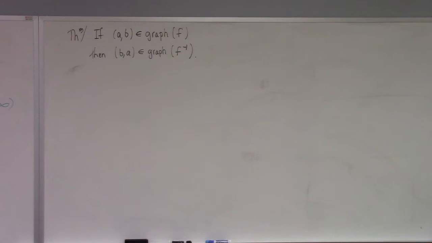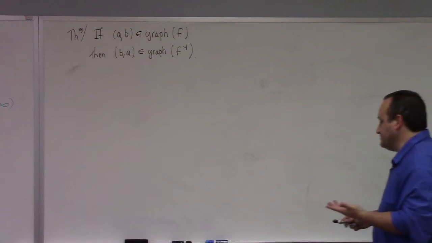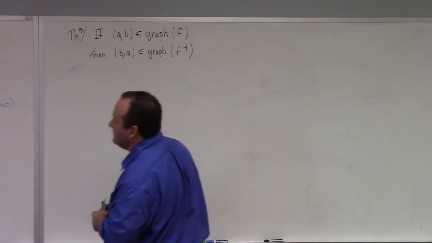What this means is that you can graph the inverse by taking points in the function and just flipping the x and y, and that's how we can graph the inverse. So, for example,